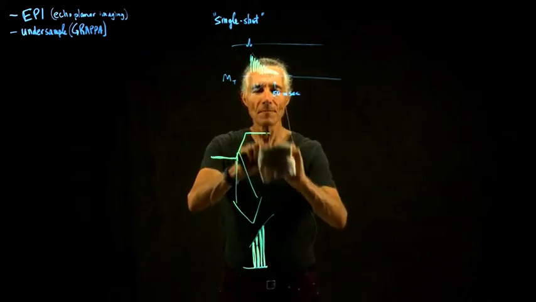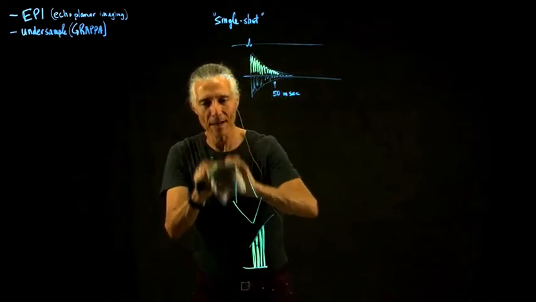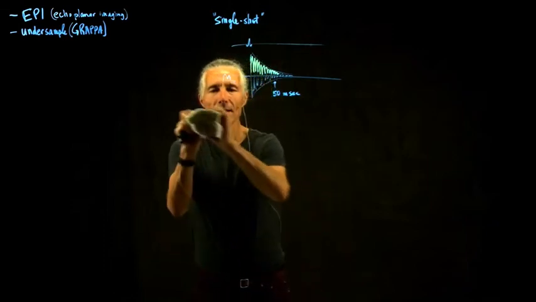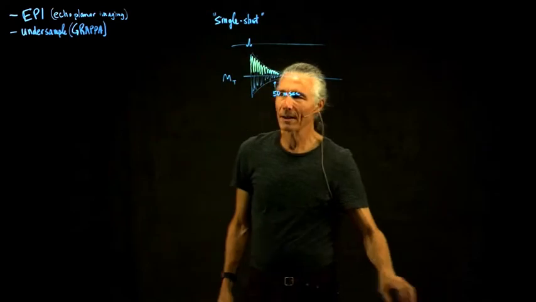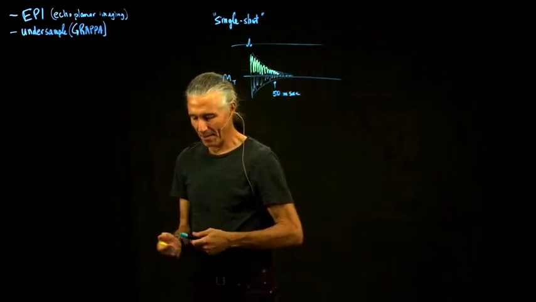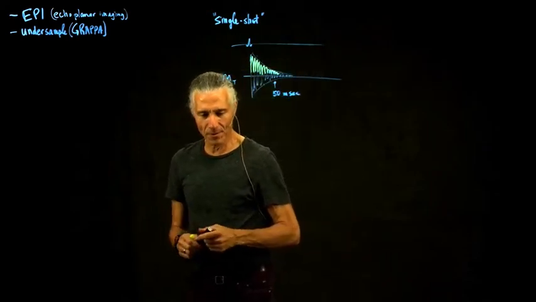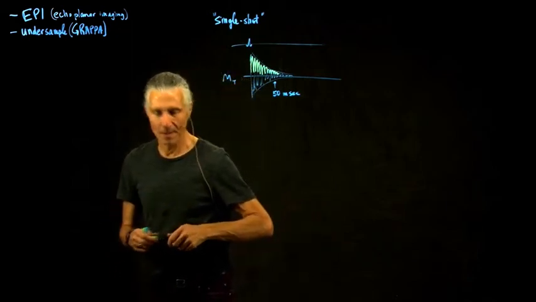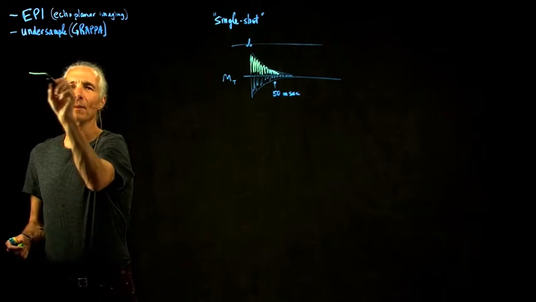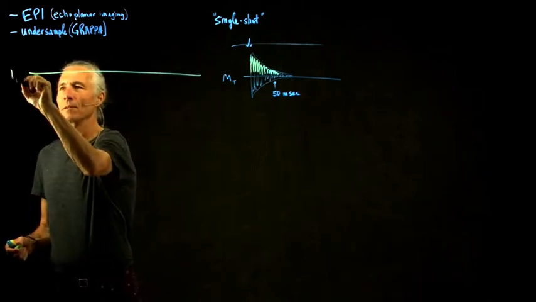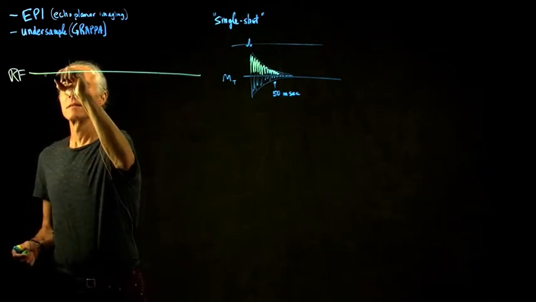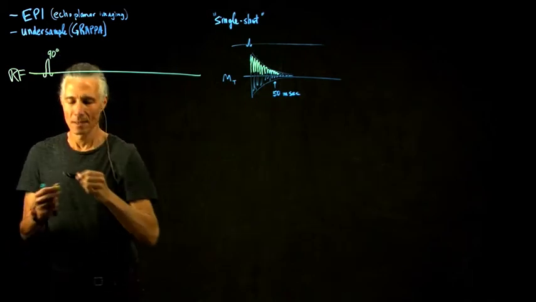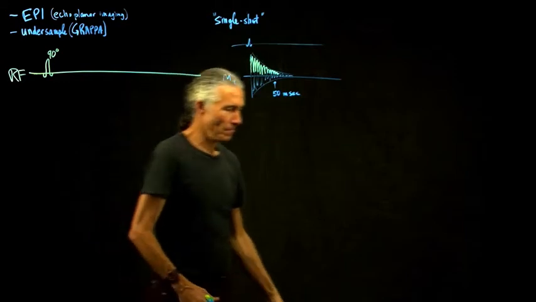So how does it work? So we'll look at the actual pulse sequence, and then look at where we are in K-space. So the first thing we start off with is the RF pulse. So here's the RF, and so we might do a 90-degree pulse, but as time has gone on,